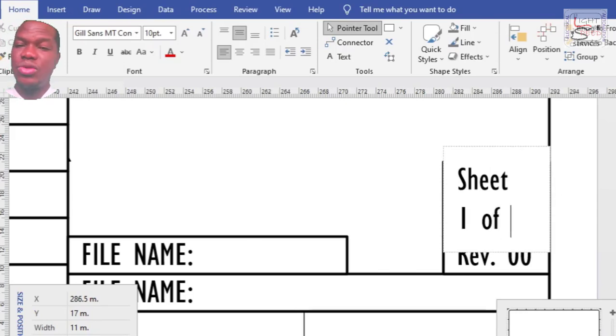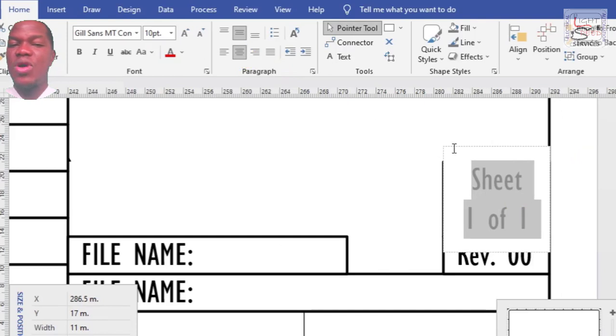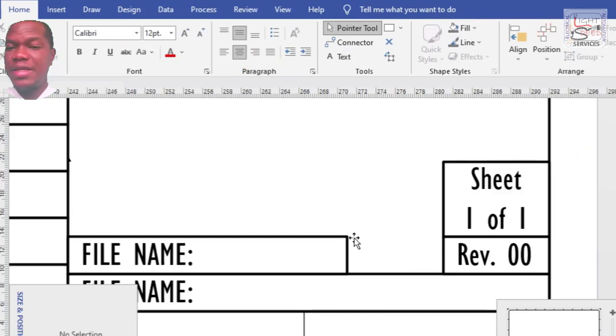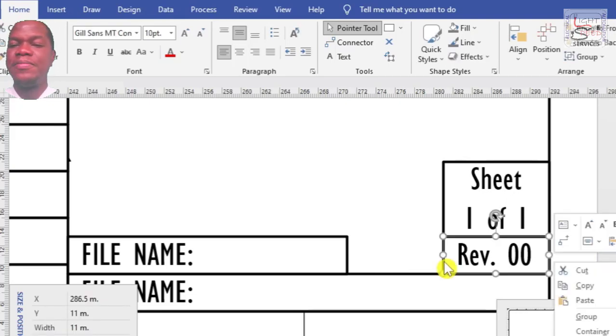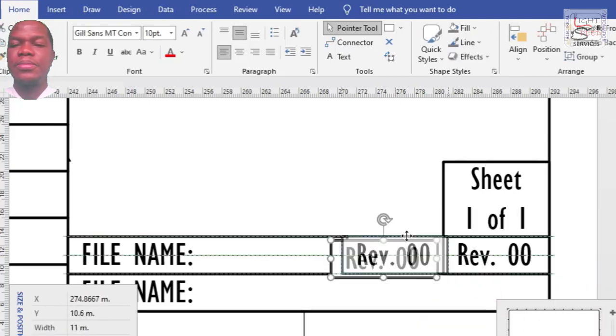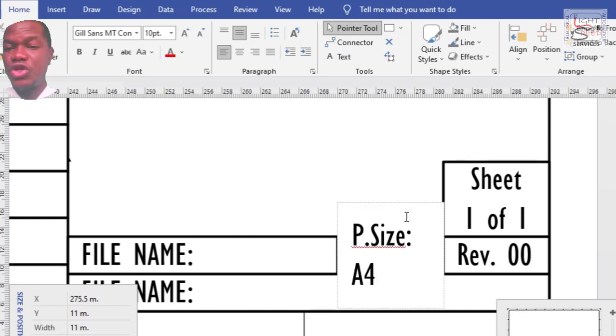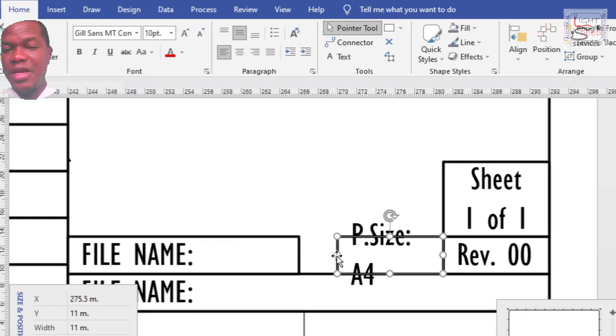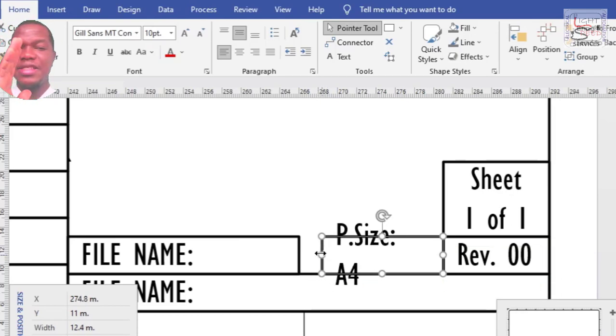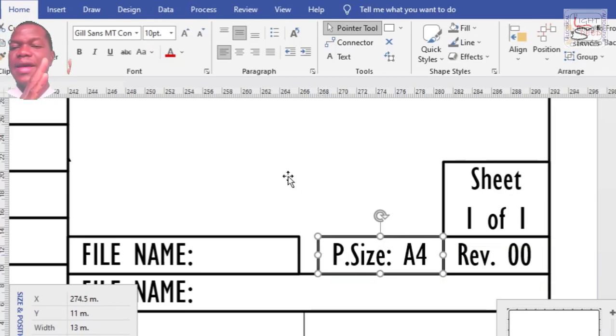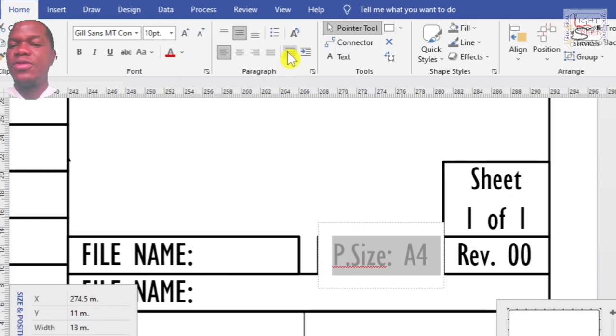Sheet normally occupies 2 levels. So sheet 1 of 1. This sheet number will be reproduced automatically as well. I will show you how to do that. You don't need to type the sheet number by yourself. So I'll put page size here. I'm using A4 for this. It's going to be editable. I'm just typing A4 now to see if the size can contain the kind of content I'm expecting. So I'm going to delete all of them later and put placeholders for the actual text.